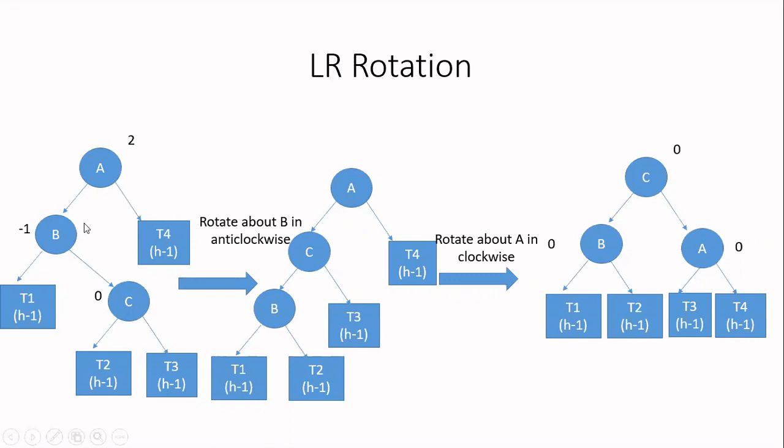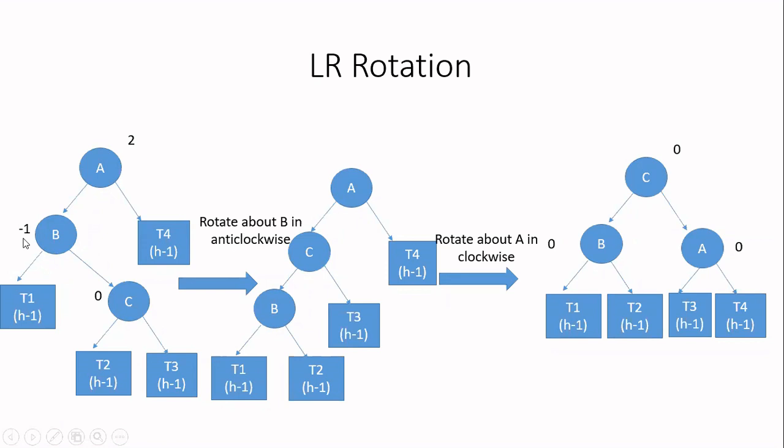There will be 3 nodes. About the middle node, you have to rotate in the same direction as that of the first letter. The middle node is B in this diagram because A is having the imbalance. From there, I'll be considering two nodes down, so A, B, and C will be considered. In that, the middle node is B. Now, with respect to B, I am going to apply the rotation first. About which direction? Here, the first letter is L, so I'll be applying towards left, that is in the anti-clockwise direction. When I do rotation about B in the anti-clockwise direction, my tree will change like this.